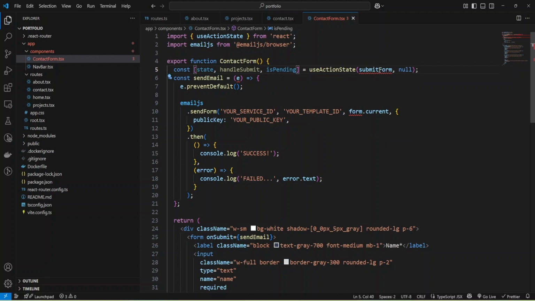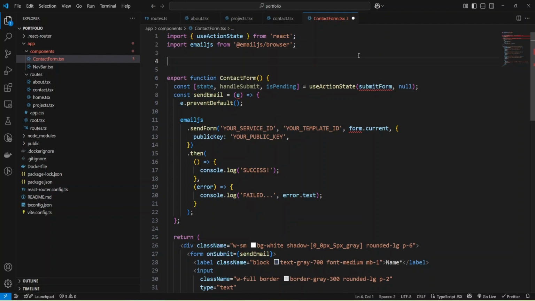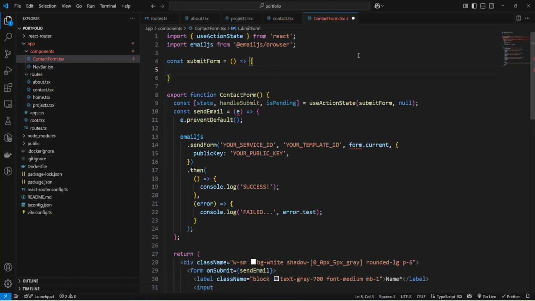Okay, and now we can implement submit form, and I'll use separate function, arrow function, and let's add it here. And I need to add some params, and I'll have previous state.